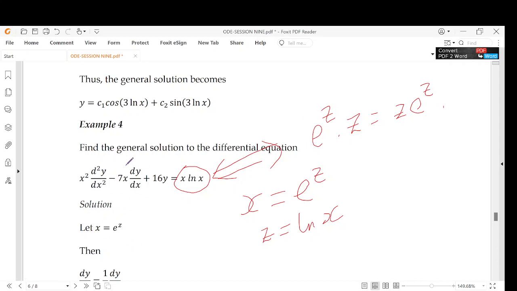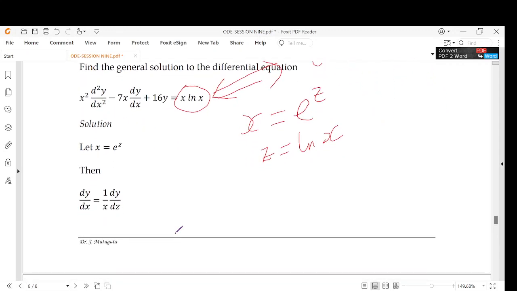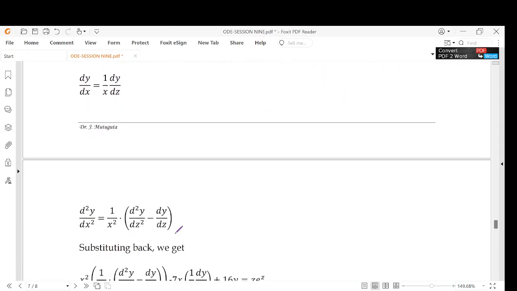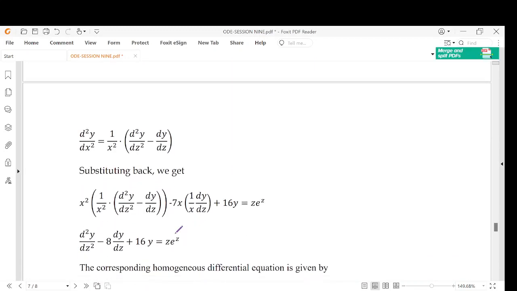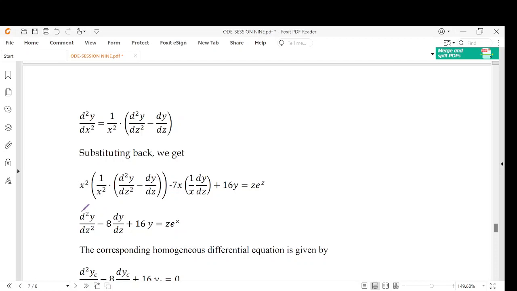The first and the second order derivatives on the left hand side will be transformed the same way as we have done previously in previous examples. And the equation is reduced to a second order differential equation with constant coefficients. But notice that here the differential equation is not homogeneous because we have a term here. So the differential equation is a non-homogeneous